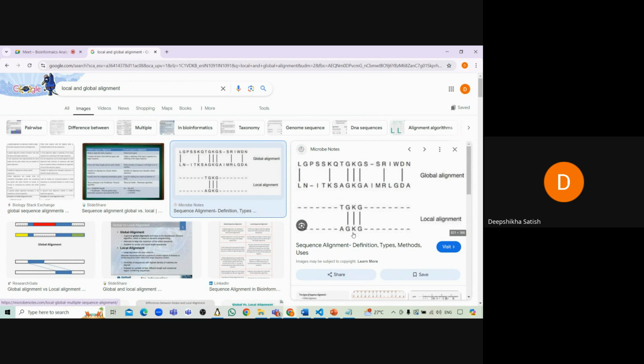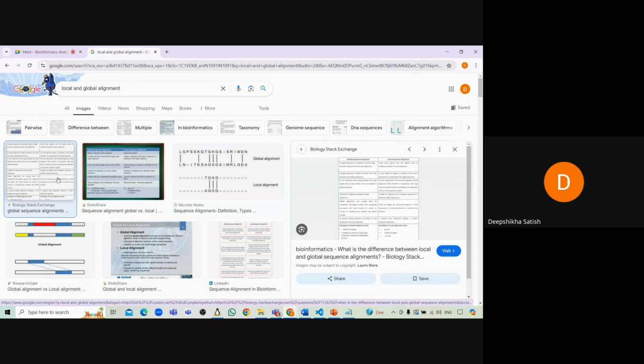But in local, it is doing the alignment with a higher sequence similarity. Means wherever it is matching, it will match. Otherwise, the rest of the things, it simply leaves as a gap. So likewise, we are getting it in the form of stretches, in the form of substrings there. Means if you see this difference,